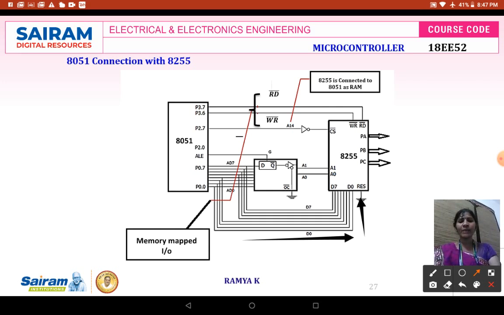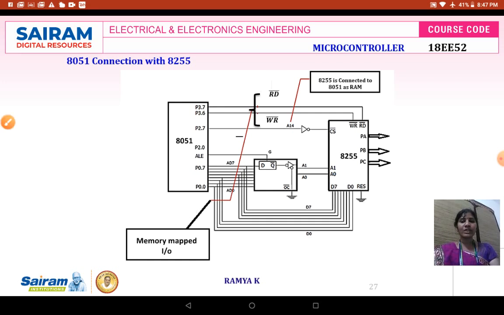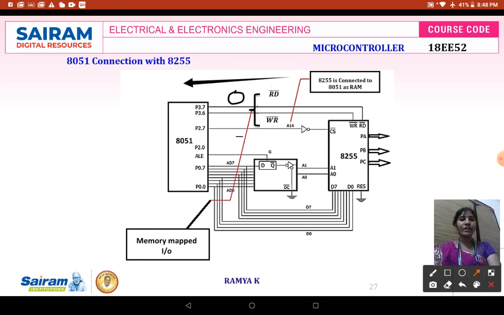And this memory mapped IO will define two control signals, read signal and write signal. So it defines whether we are going to read the data from 8255 or write the data to 8255. For example, if I give 0 in this read line, it means my read logic is enabled. I am going to read the data from 8255 to your 8051 microcontroller.